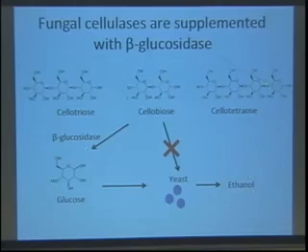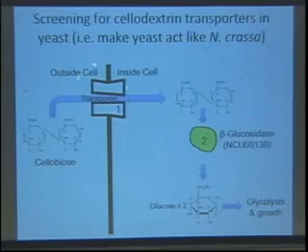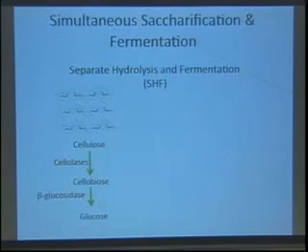So the laboratory of Jamie Cate here in MCB in chemistry had an idea about how to combine the advantages of Neurospora with yeast to make cellulosic ethanol. And the idea was to find the protein that makes this transporter in Neurospora that allows these cellobiose type molecules to get into the cells in the first place. And then they also found the gene that encodes this enzyme here, beta-glucosidase, that allows these cellobiose molecules to be degraded into glucose. And they engineered yeast to now encode both of these proteins, the transporter and the enzyme. And so when they did that, they now had a situation where